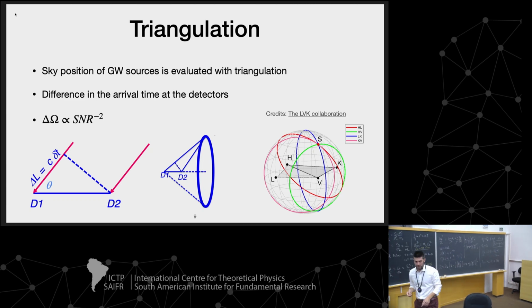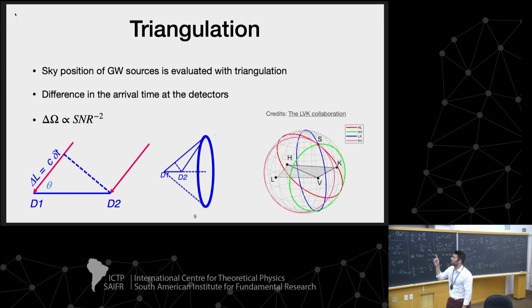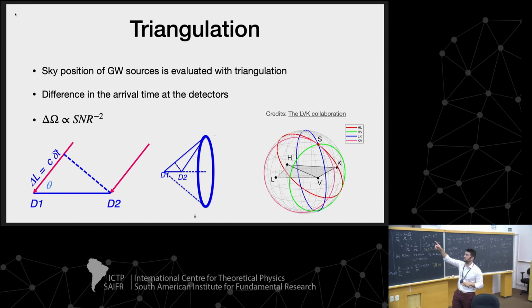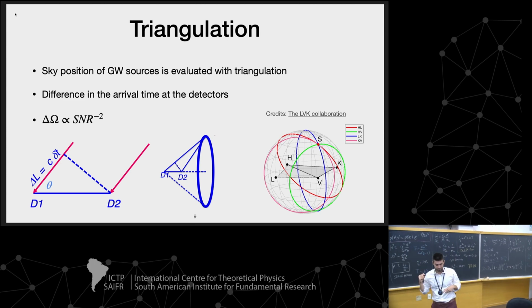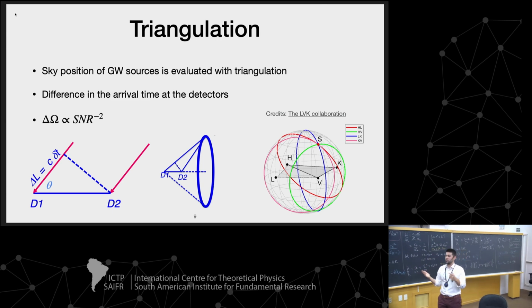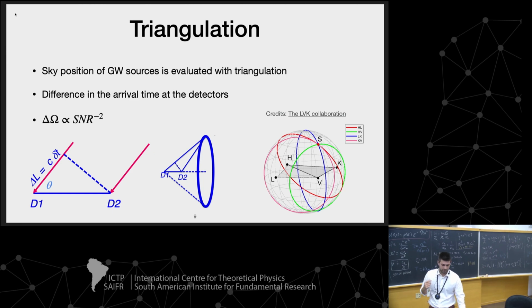LIGO, Virgo, KAGRA. This gives you the direction where the gravitational wave is coming from, but it actually provides you an area, the so-called sky localization area, which is proportional to the SNR to the minus 2. This means the SNR is connected with the antenna pattern that I showed you before. So if you want a good sky localization, you need 3 detectors and a good SNR, at least in the 3 detectors. Or, as happened with GW170817,